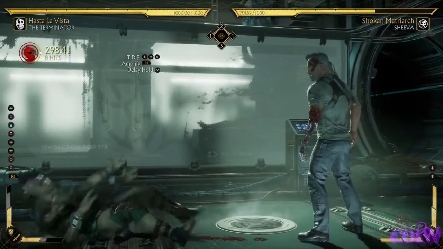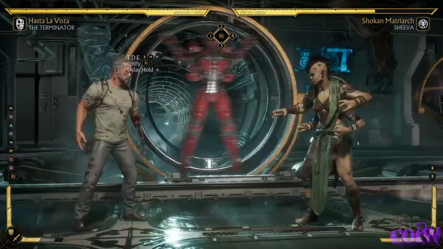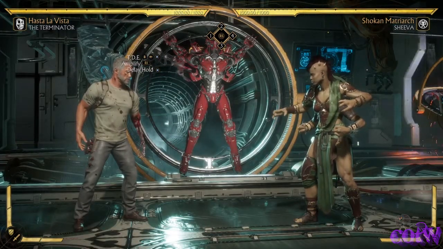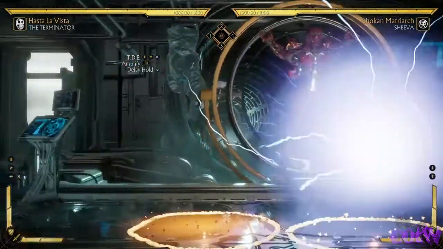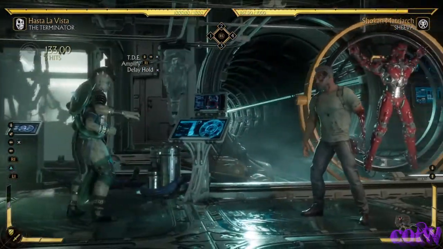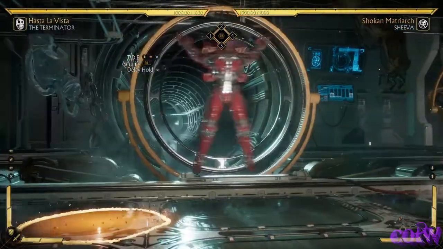And if they're not ready for it, that is going to catch them. And remember, Terminator is a mix machine. So while that wasn't a punish, you could go for different options instead, and still get more damage than a raw Stomp. Or, of course, if you want combos...